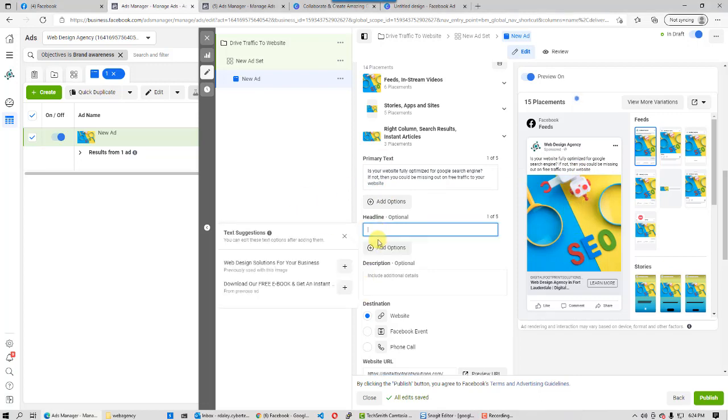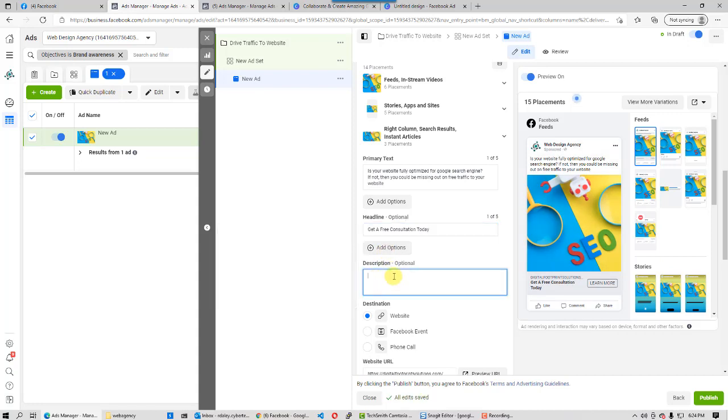And then down here, we can have a headline, get a free consultation today. And that's going to show up down here. And then of course we can have additional description, not necessary. The destination is going to be to a website, and we can have learn more here. So we can scroll down a little bit more,